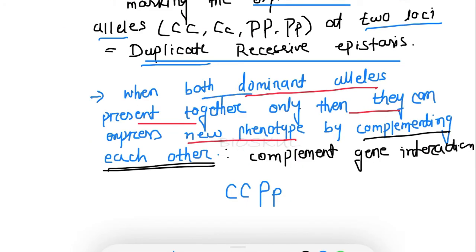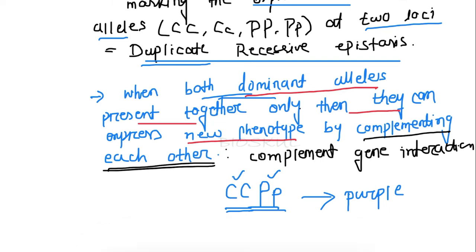When both the dominant alleles are present together, only then can they express a new phenotype by complementing each other. That's why it is known as complementary gene interaction. Here the C gene is present in homozygous dominant form, and the P gene is present in heterozygous dominant form. In this condition, what type of phenotype will it produce? Here the dominant forms of the genes will complement each other and produce a new phenotype, that is purple color